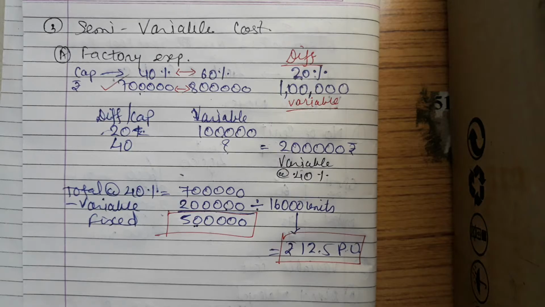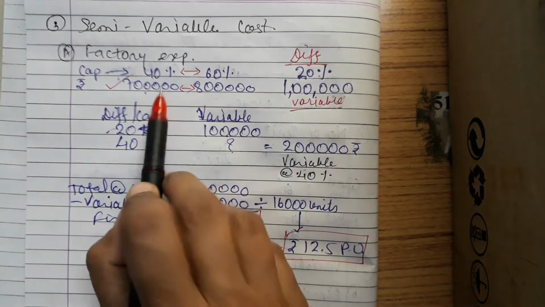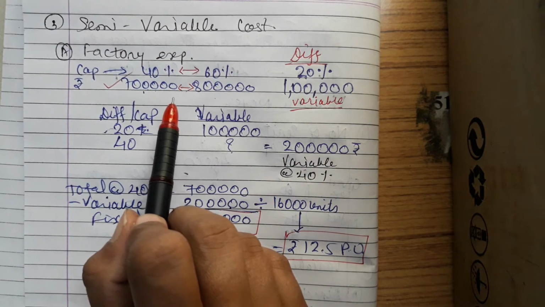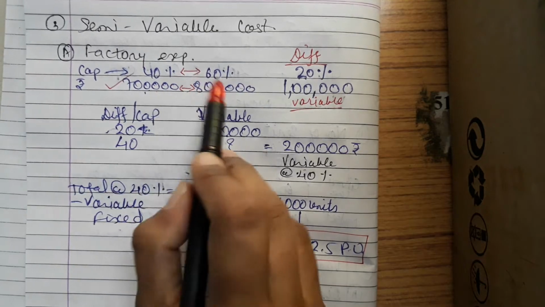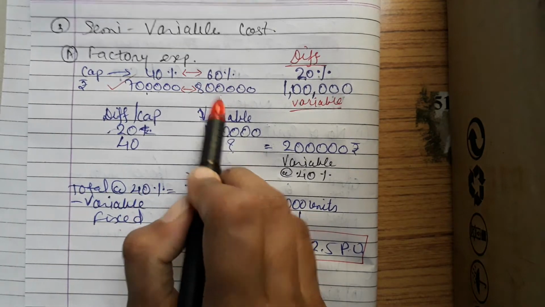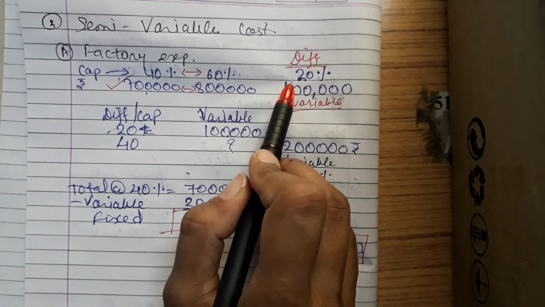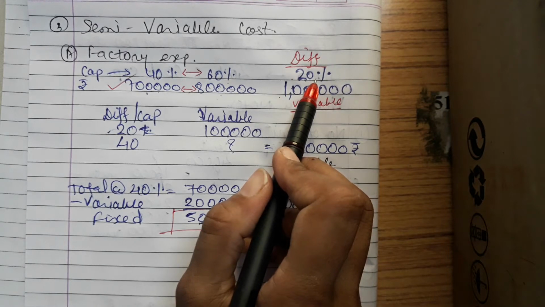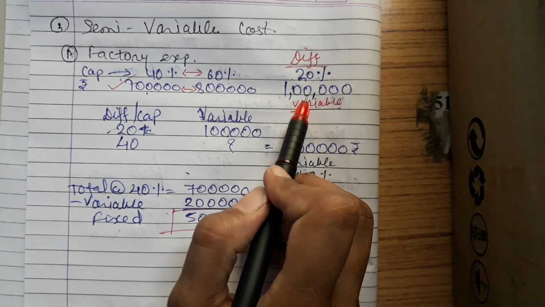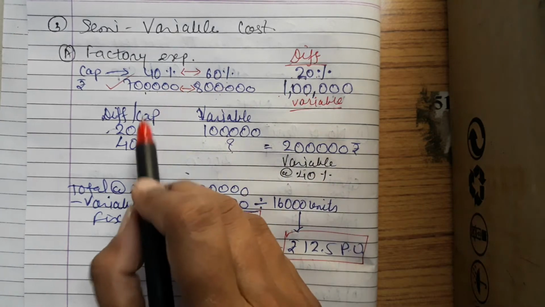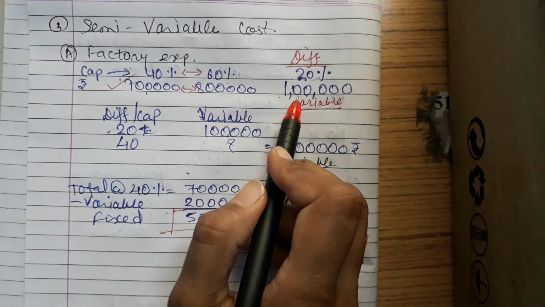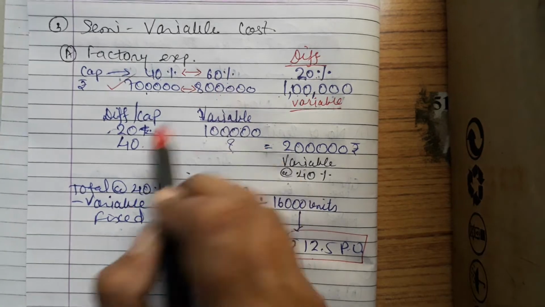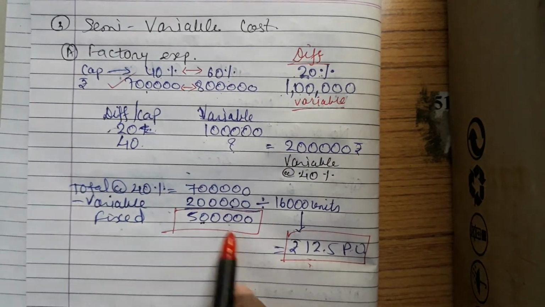Right? I am explaining it once again. Whenever two capacities are given in your example, the variable cost will be calculated in this manner. We need to compare the production capacity and the amount given. So the difference of production capacity is 20% and the difference in amount is 1 lakh. So at every production capacity difference, if the amount or expenses differ, such expenses are called variable expenses, right? So here we can compare: at 20% if the variable expenses are 1 lakh, then at 40% how much? If you are taking 60%, then also the answer will be these two only, right?